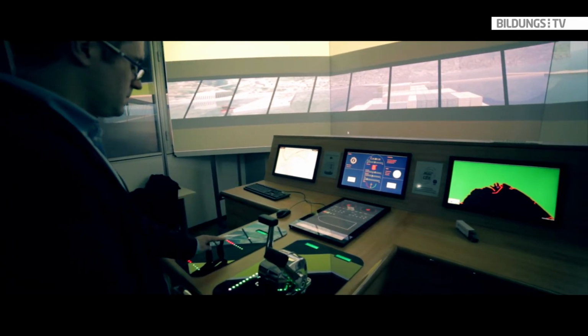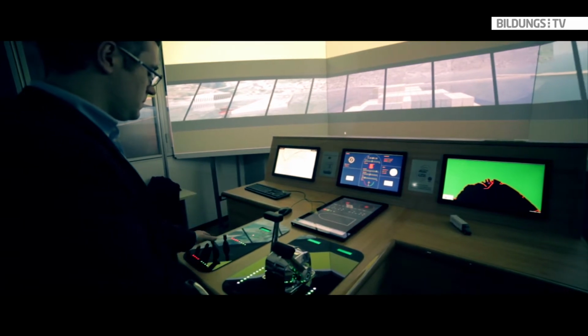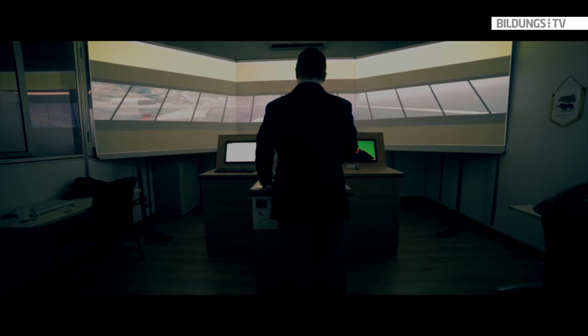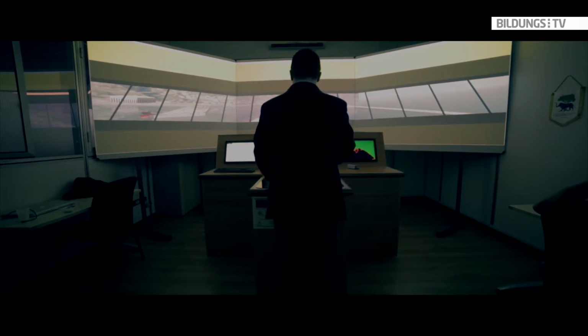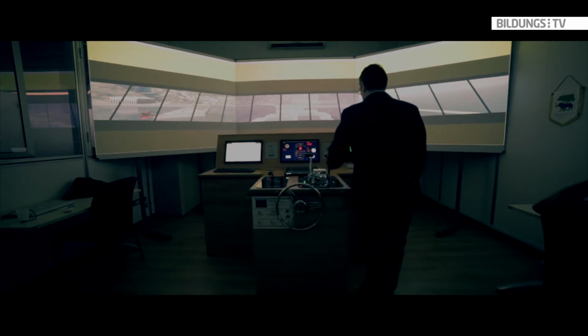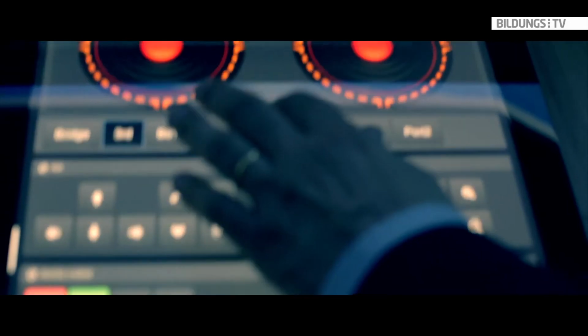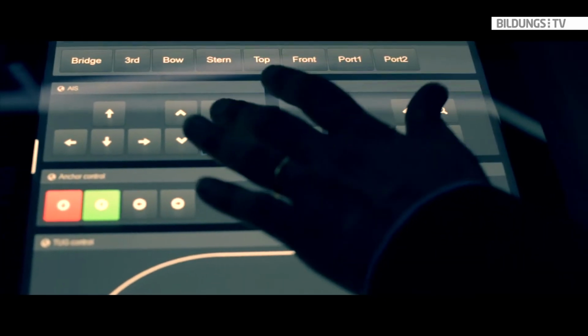You have a large screen on which you can see the virtual environment while the ship is moving in the port area, as well as a control panel, a touch screen, in which you can change the functionalities of the simulator.